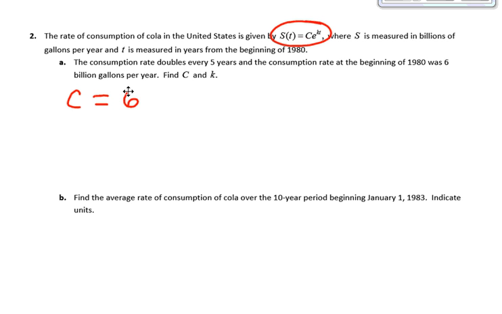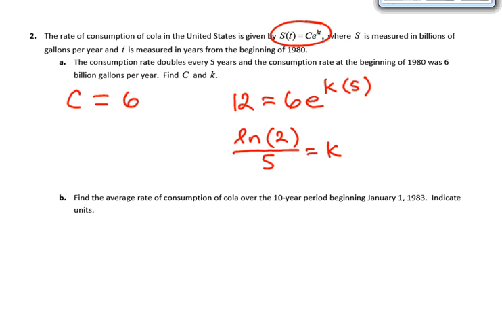So what I want you to do now is use the knowledge that we did from the last section to find the K. Okay, so using the knowledge that the consumption rate doubles every 5 years, if we started out with 6, doubling would be 12. So there's my equation, and then I solve for K. This is a calculator question, so I'm going to go ahead and solve for K using the calculator, and you would get